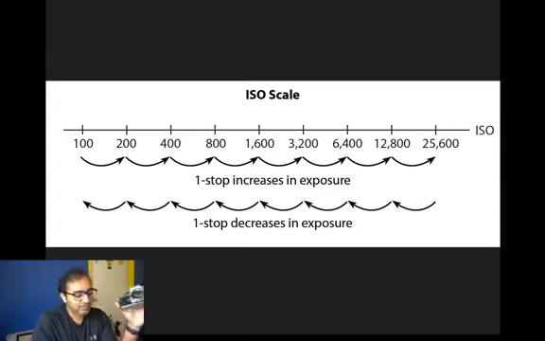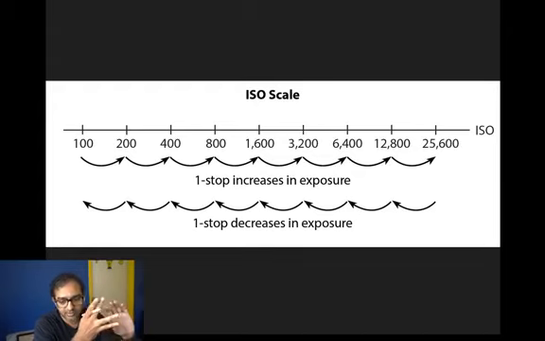Okay. So now, in the case of aperture, in the case of ISO, it represents how sensitive the medium is. So you could have film which is very sensitive to light, you could have film which is not sensitive to light at all. And if the amount of light coming into the camera and the duration for which the light comes into the camera is the same, but you still want to change the exposure, the only other way to change the exposure would be to make the film or the sensor more sensitive to light. And that's where the ISO scale comes in.